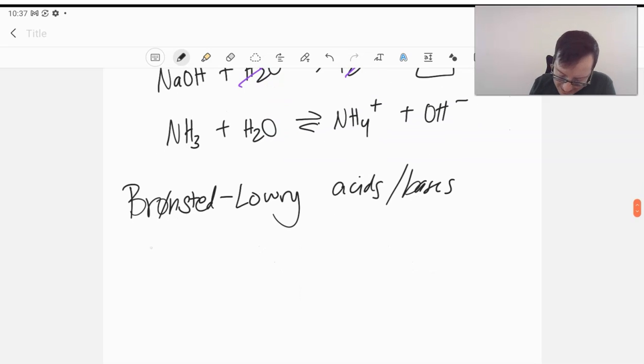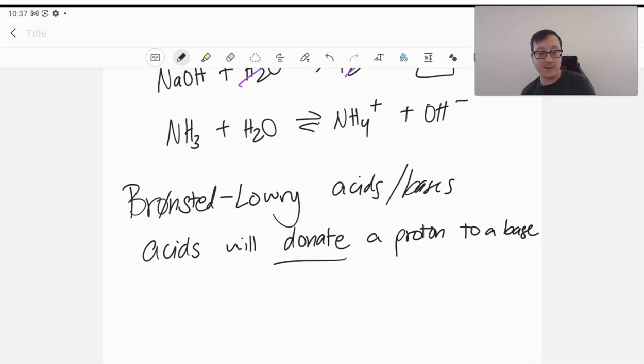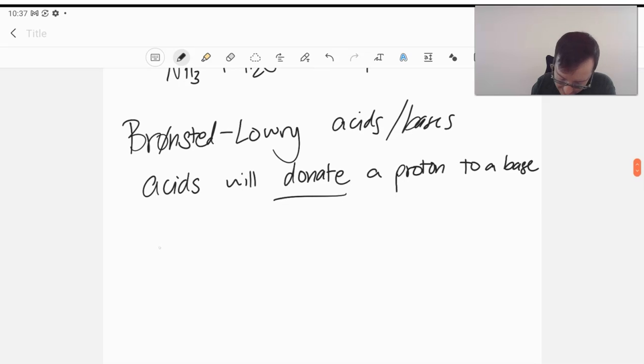And we're going to see that acids will donate a proton to a base, whatever that happens to be. And so we're going to categorize acids in terms of actual chemical reactions. Acids will give a proton to a base, to something else. Right? So if we consider HCl